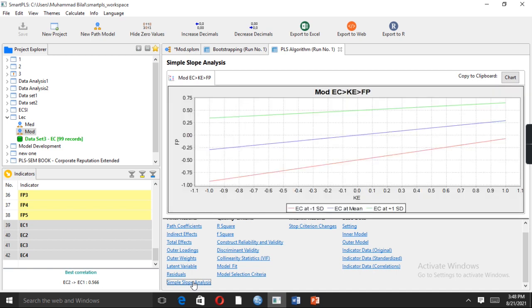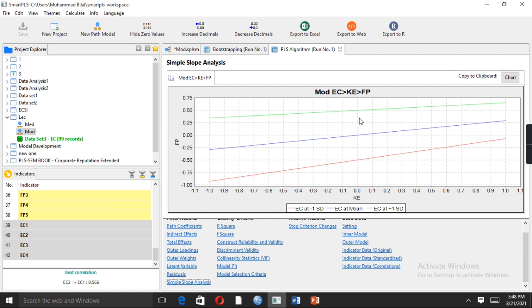Here we have a slope of the moderation analysis. The x-axis is denoted with KE, knowledge exploitation, which is our independent variable, and FP on the y-axis is firm performance, which is our dependent variable.